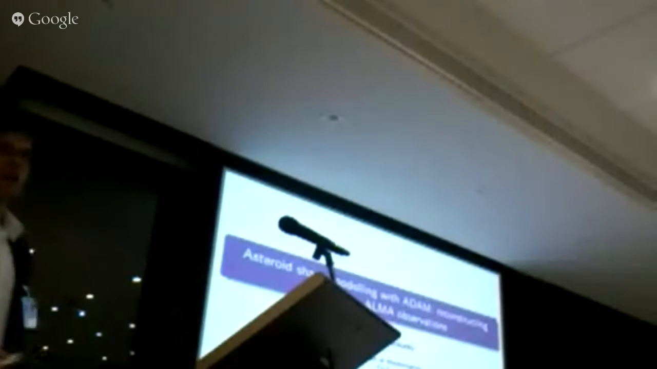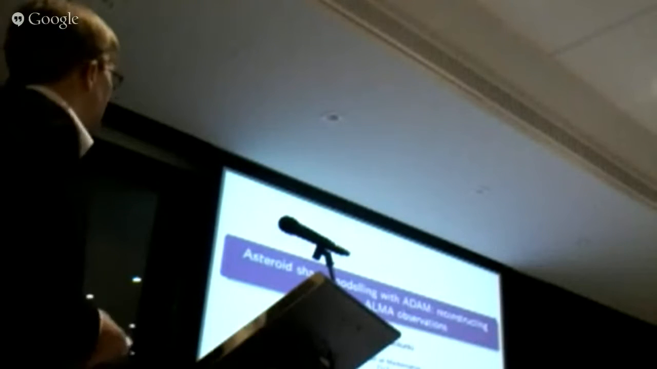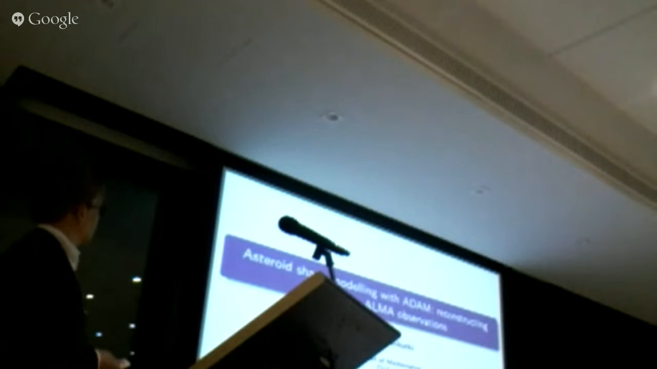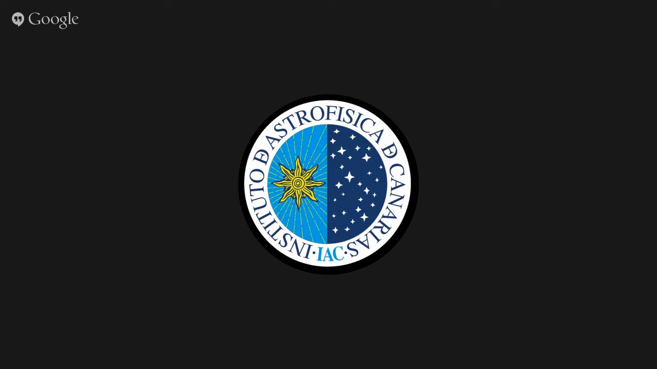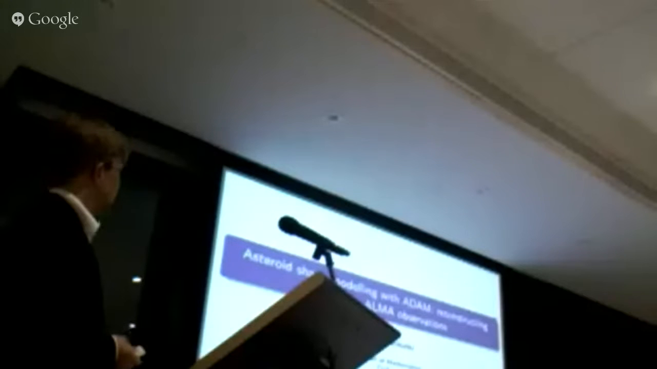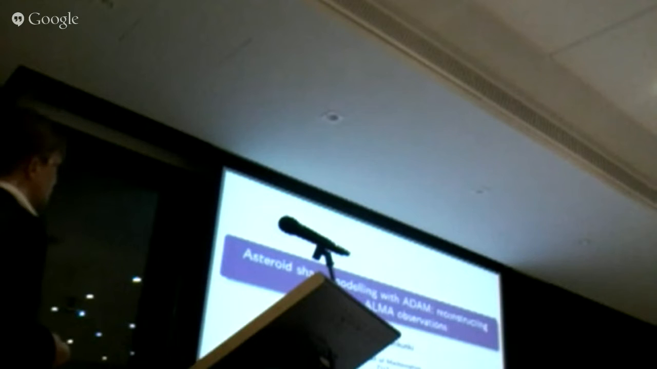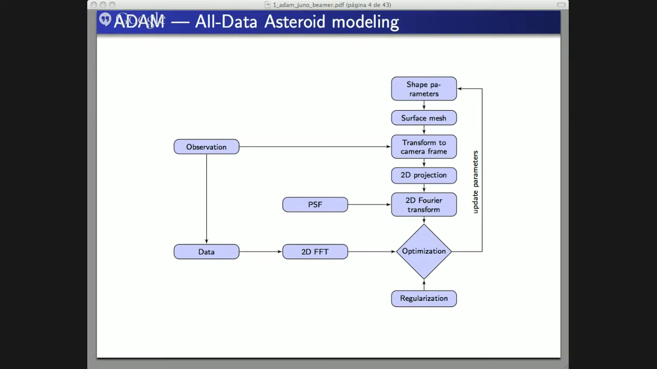Okay, so I am going to speak about shape modeling. It's in two parts. I first give a brief overview about shape reconstruction, and then I will talk about Juno and how we model it from the ALMA observations. So first the overview. ADAM is an acronym for All-Data Asteroid Modeling, and the idea is that we